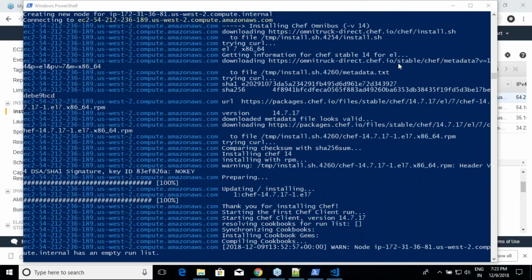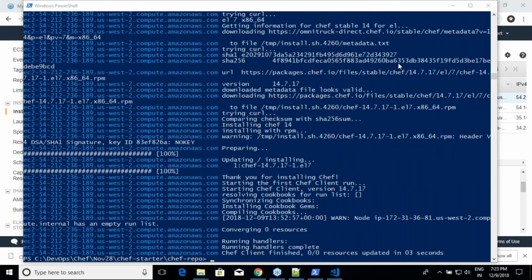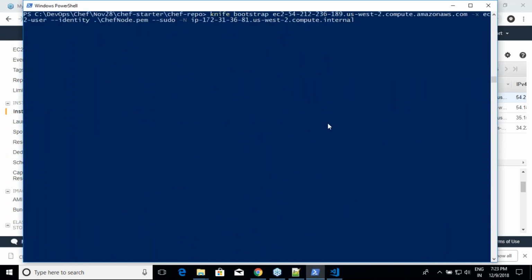Good. One more thing, as a best practice: the knife bootstrap --help output also has something called --environment. So while bootstrapping itself, you can set the environment. While you are passing that command, you can use --environment and tell it whether it is a dev environment or a QA environment.